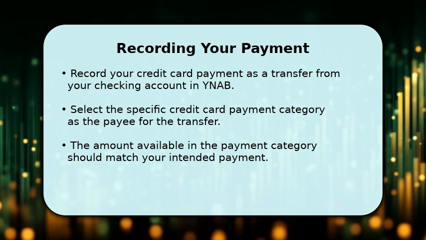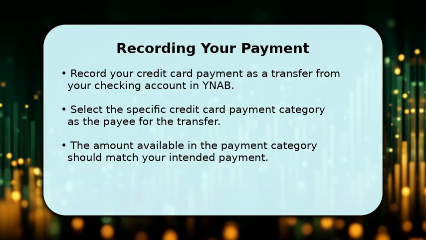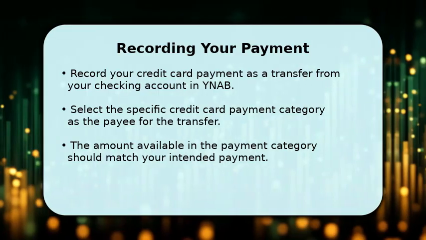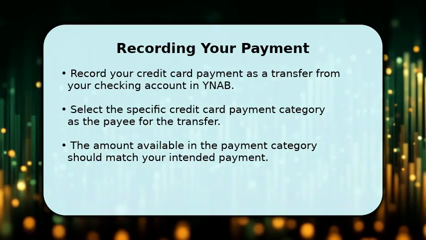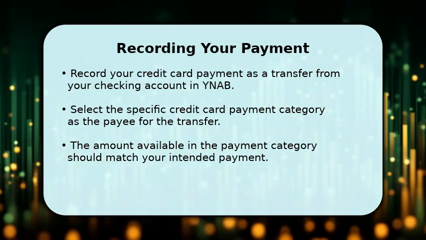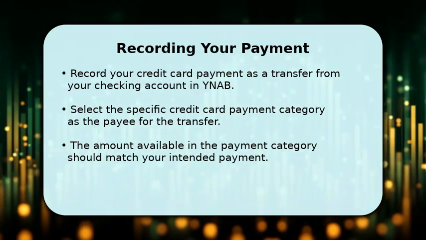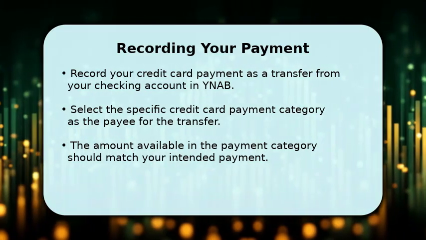When it's time to pay your credit card bill, you'll record this as a transfer in YNAB. Go to your checking account and create a new transaction. Select Transfer to Credit Card and choose the specific credit card account you are paying. The amount you pay should ideally match the available amount in your credit card payment category, ensuring you're paying off